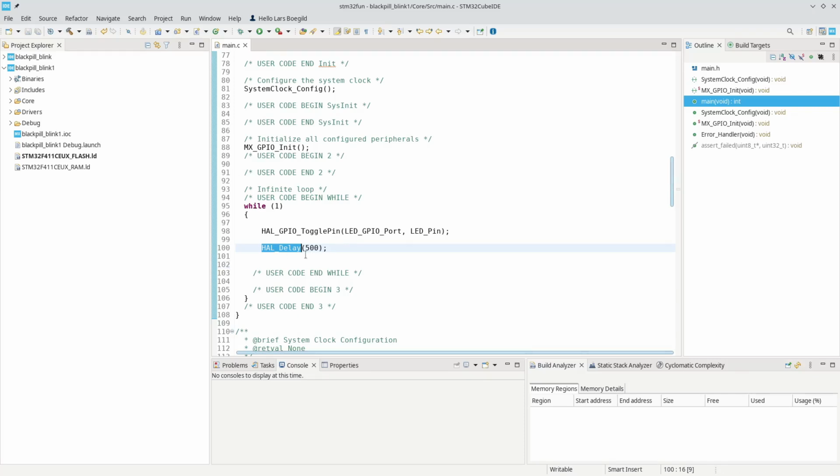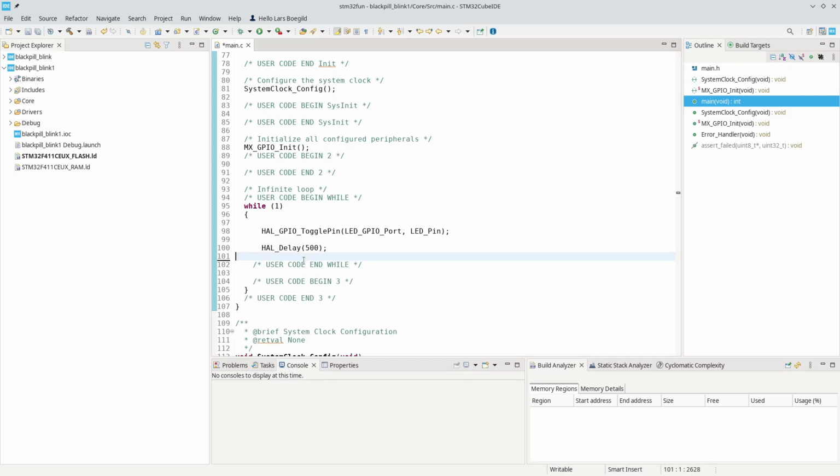Unfortunately, while this HAL_Delay is executing, nothing else can be done in the microprocessor, contrary to a Unix system, where we have many processes running. Here we only have one process running. So we need to not waste any time, and this is basically a bad way